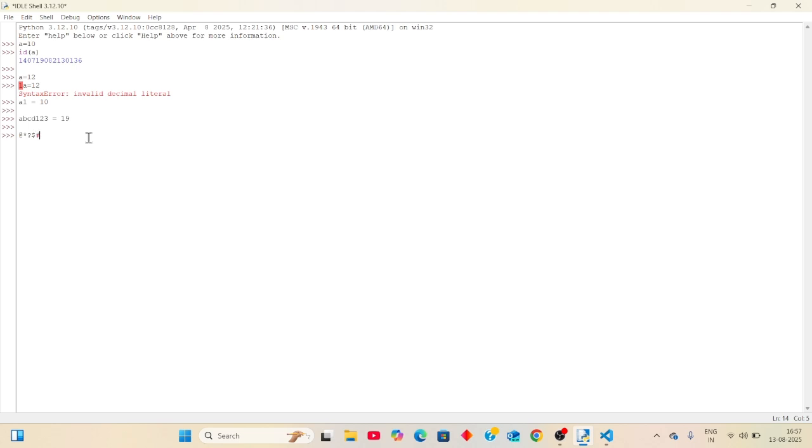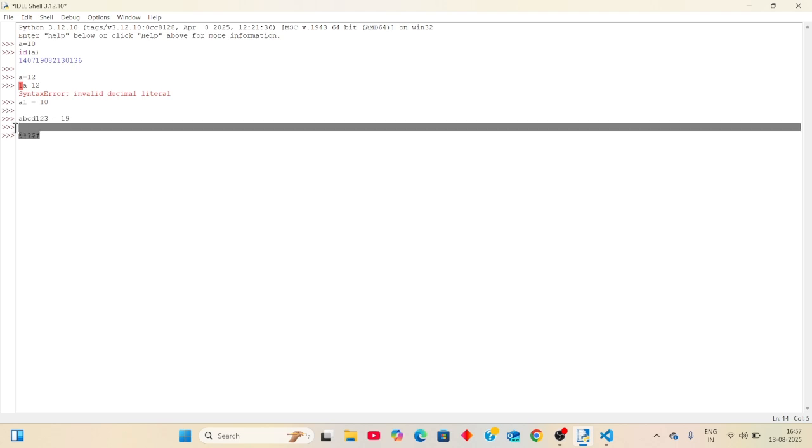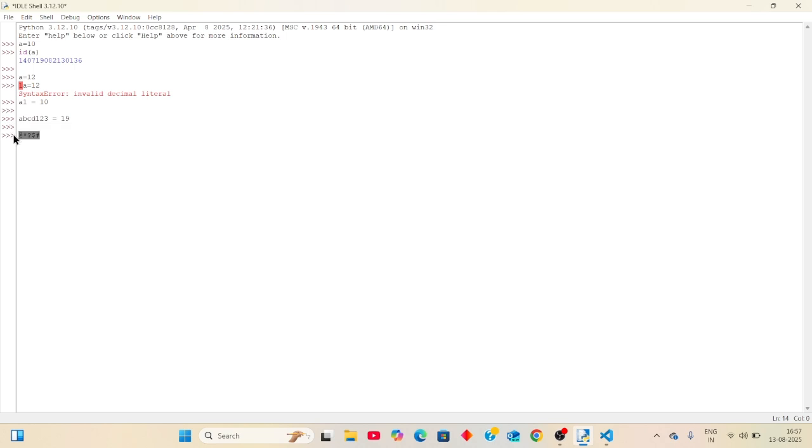These are not allowed to create a variable. This is the wrong way. Now we can see: start with at, a equals 10. Now check it. There is a syntax error, invalid syntax. You don't use an at symbol before creating a variable.